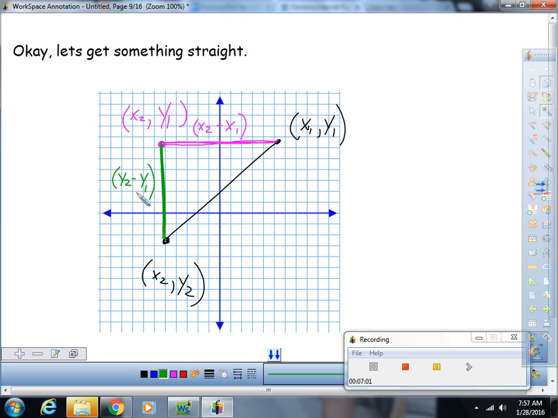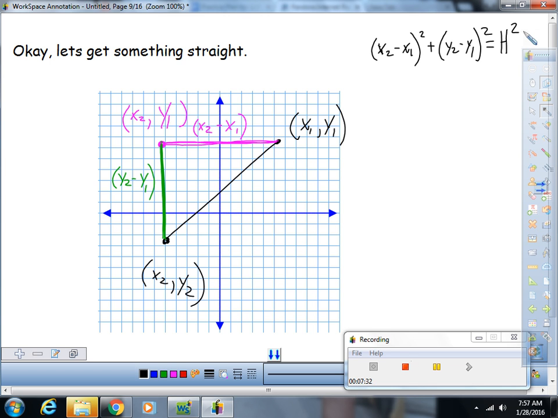This green number is going to be negative right now. And then how would we find that black line? You would use the Pythagorean theorem. So you would just say (x2 minus x1) squared plus (y2 minus y1) squared equals, now we'll call it h for hypotenuse, but our hypotenuse